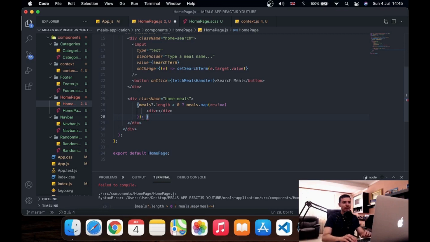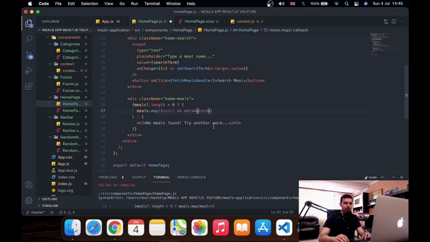If we don't have anything in the array, if the array is empty, we will say h2 no meals found. Try another word dot dot dot. Okay,